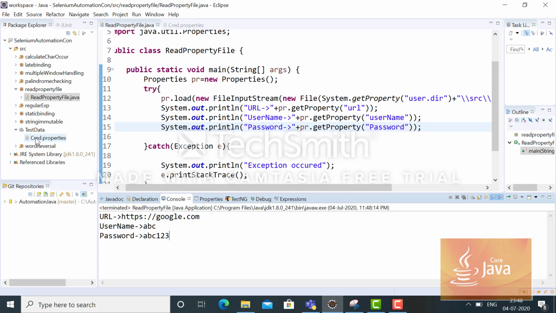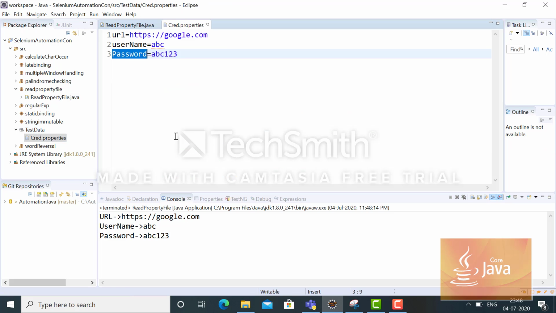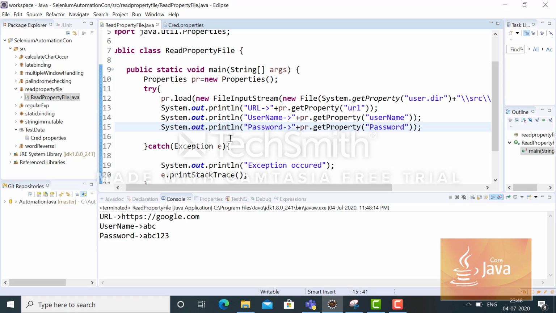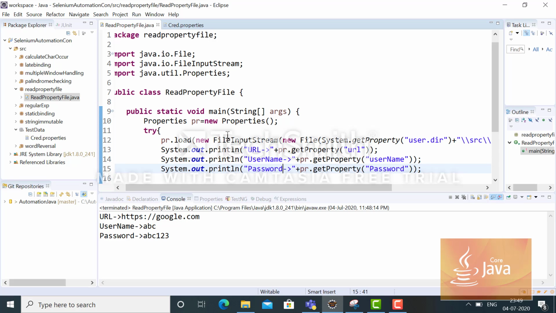Later on when I discuss the framework, this concept will be very useful. So this is provided by Core Java, how to read the property file. When we discuss different kinds of frameworks, it will be very useful, because all the prerequisite information is stored in the property file, which will be fetched when I kick off any scripts from the framework. Okay, and this information will be fed to my script. So that's the end of this session.